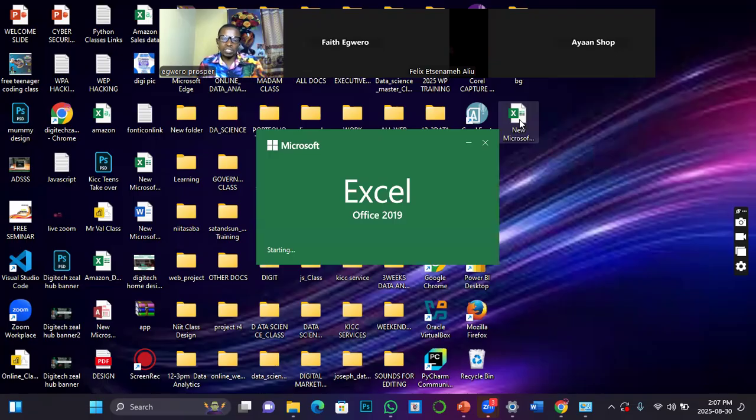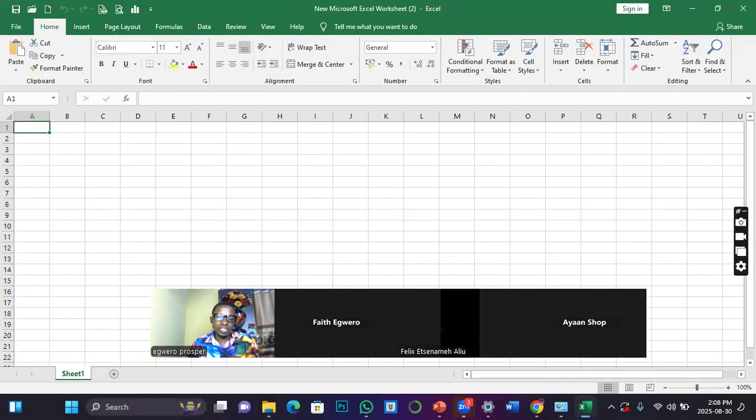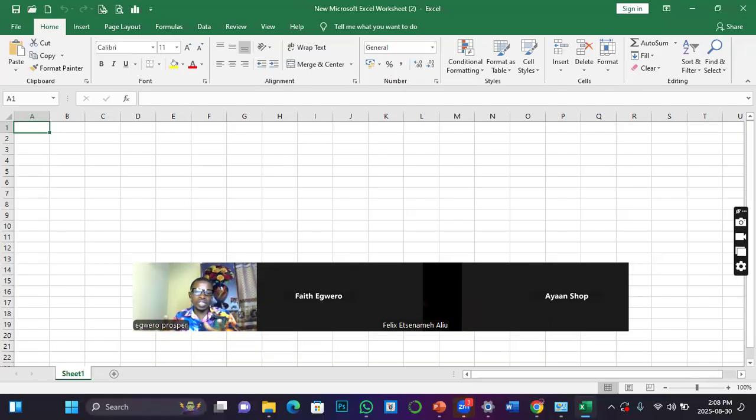So let's give it some time to open. All right, so this is the Microsoft Excel environment, but there is something I observe, and that is the reason why I usually advise people not to follow shortcuts.